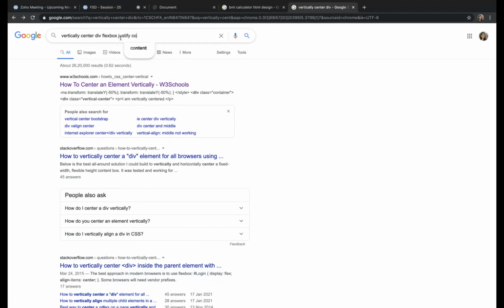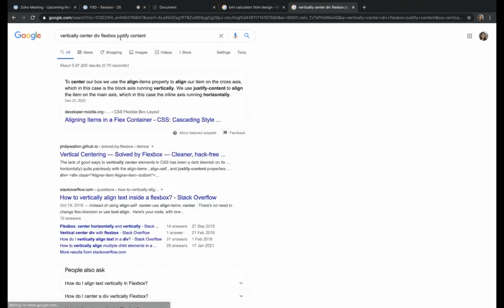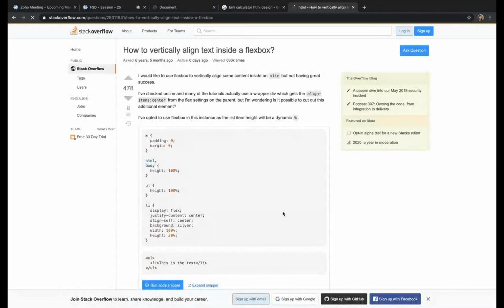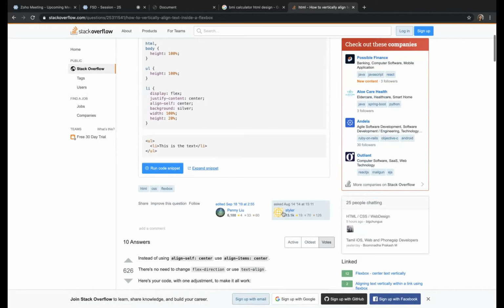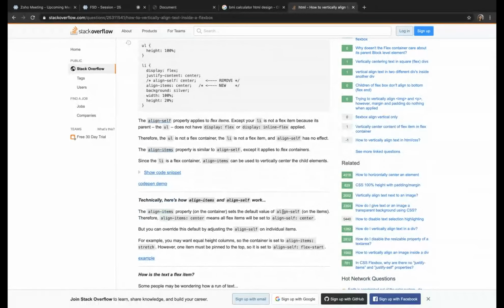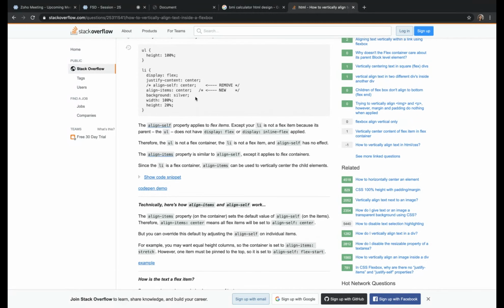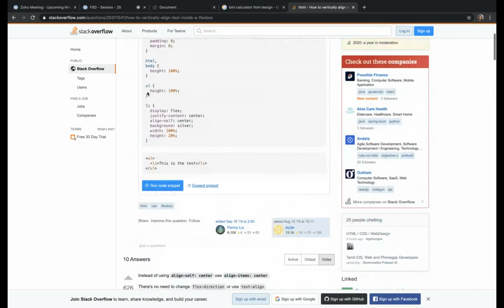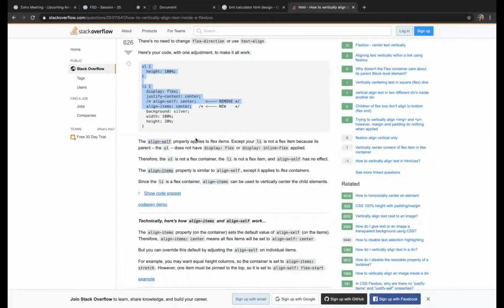Justify content. I wrote my CSS one or two years back. I'm not a CSS person, but still I'll check. Justify content, align items center, right? I have given these two properties: display flex, justify content, align items. Yeah, I have done all this stuff right.